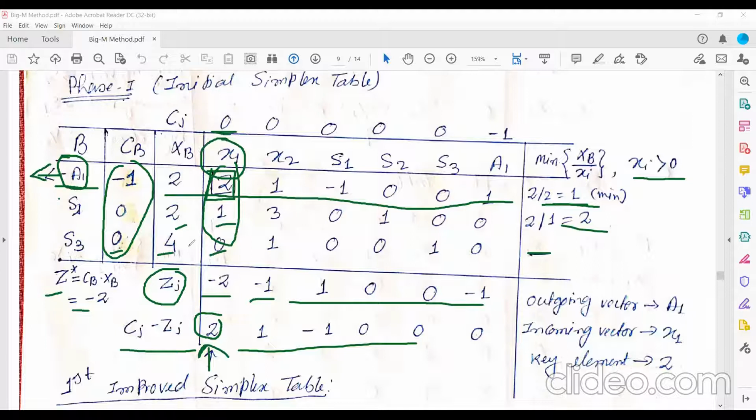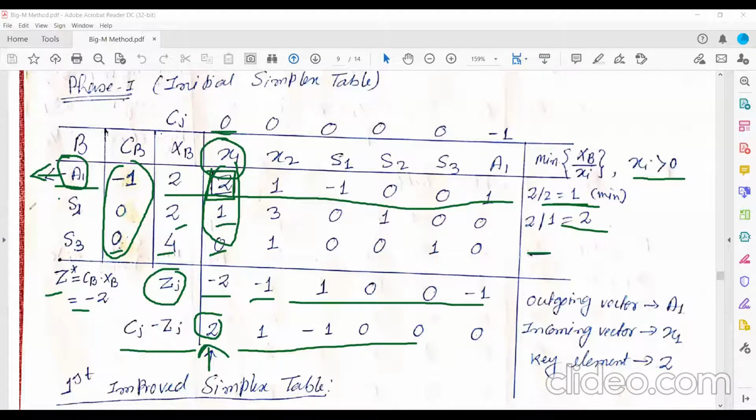So what is the condition? What do you need to do to write the second and third row? You need to make the elements above and below the key element 0 using the key element row.